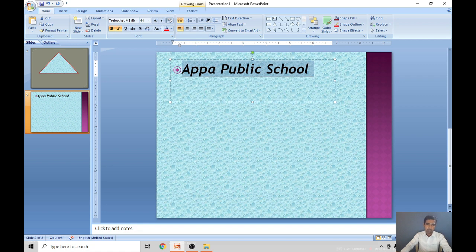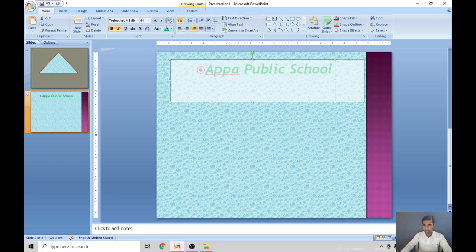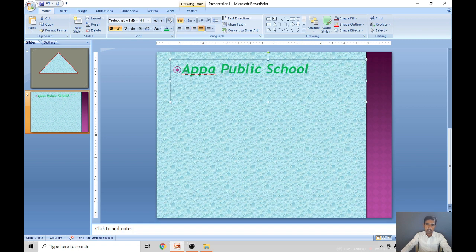Like this you can apply the formatting effects, and you can change the color also. You can also set the alignments. There are three different types of alignments: left, center, and right. By default, when you open any presentation it will be left aligned. If you want it in the center, you can make it center. If you want it on the right side, you can make it right. And another one is justify, which comes here. So the three types of alignments are left, center, and right, right children?